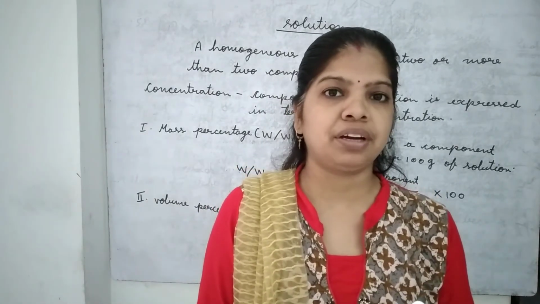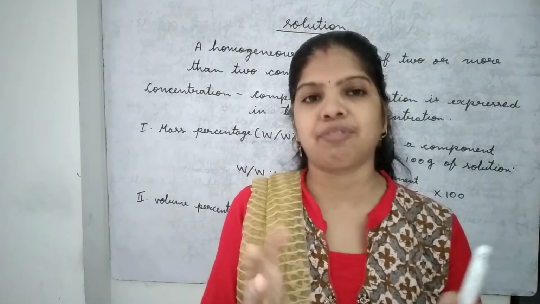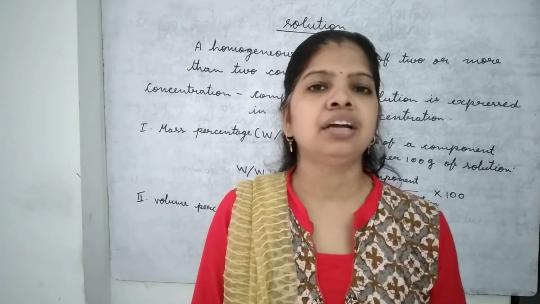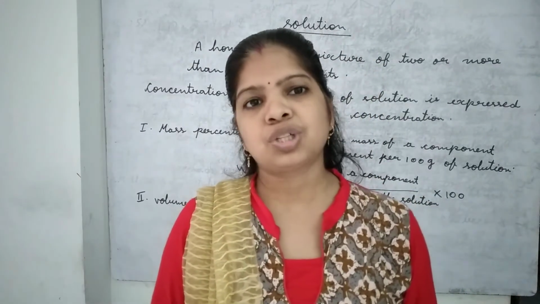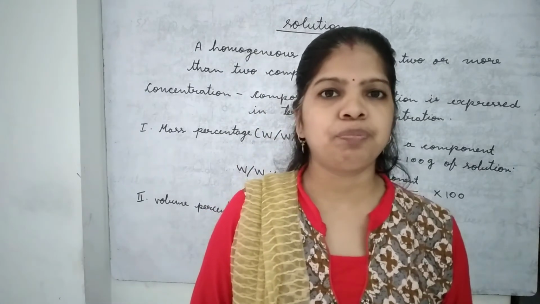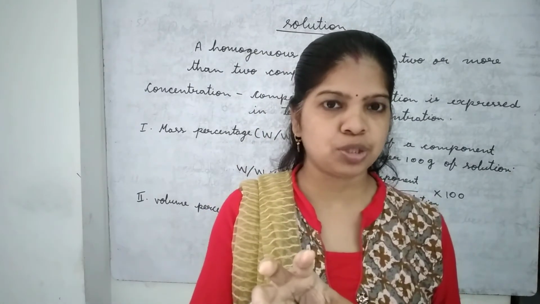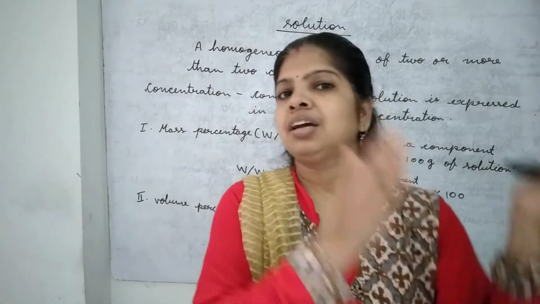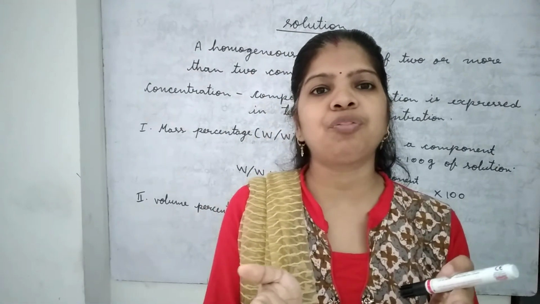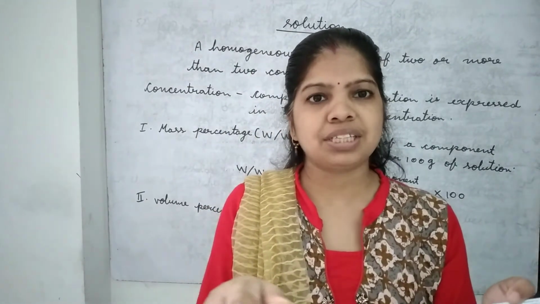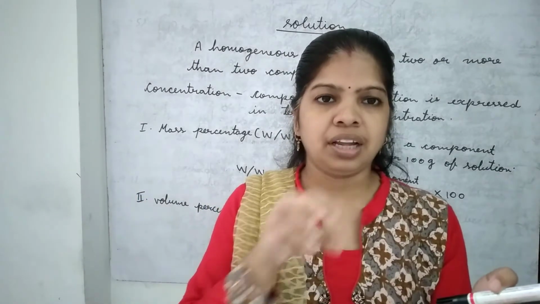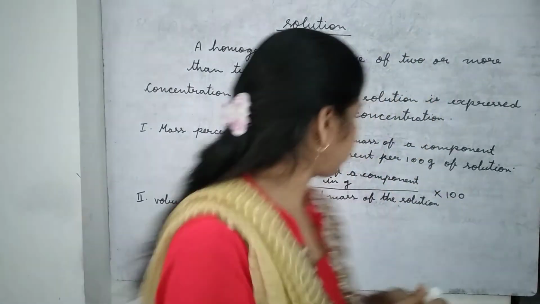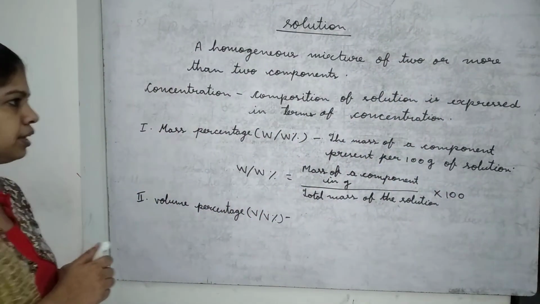We are going to prepare an ethanol water liquid solution. So how much ethanol is taken to prepare 100 ml of solution, that is called volume percentage. Suppose total volume of solution is 100 ml, and 3 components are there, then how much volume of each component is there in solution. This is called volume percentage.